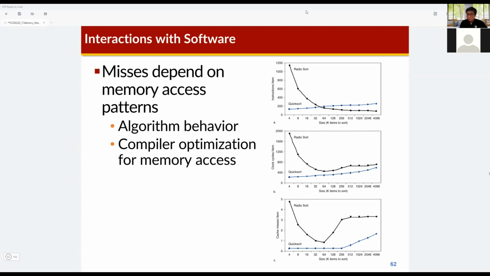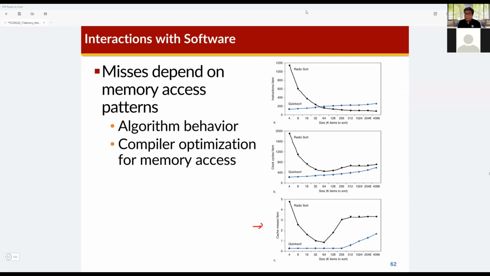Also, you can find the cache misses per item. We may think that instructions per item or clock cycles per item is also a unique feature of the application, because a better application will exhibit better characteristics for the performance of a computer system. But as you can see,